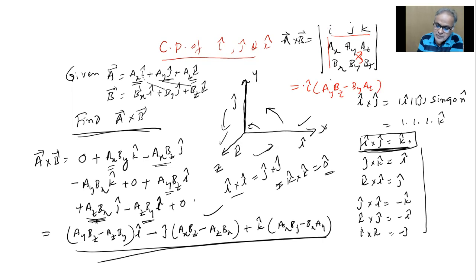For the first term, take a plus sign. There are rules, cofactor, minor, all that you'll talk about later, or if you did matrices, you must be knowing already. Now take j, minus j you take, just to follow this cross rule. Ignore this one and this one. You're left with this one, right? So go all the time like this. So what will I get? ax bz minus bx az.